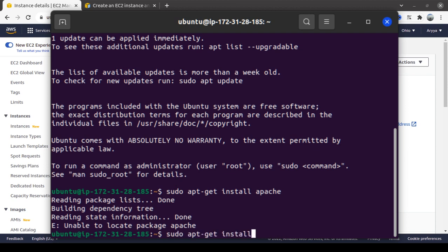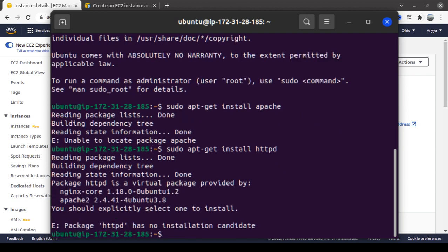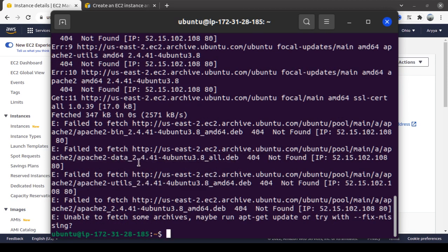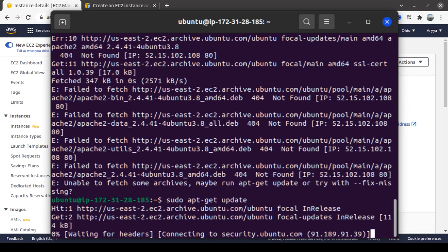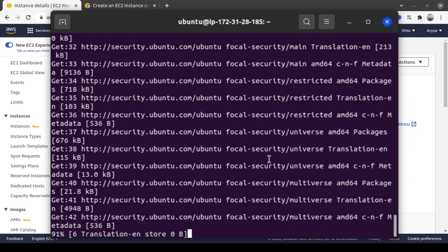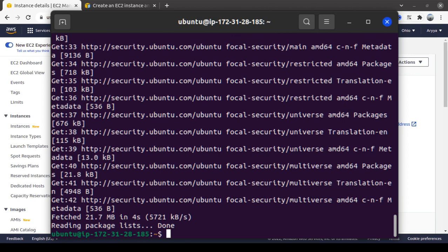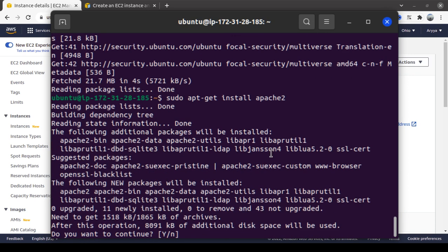Let's see whether it's HTTPD. Oh, Apache 2. Okay, Apache 2. I forgot to do apt-get update for the first time. Wait a moment for this one. Okay, it's already done.